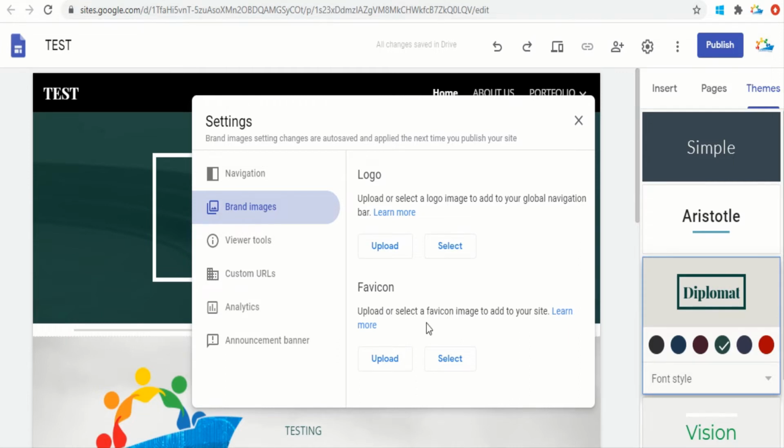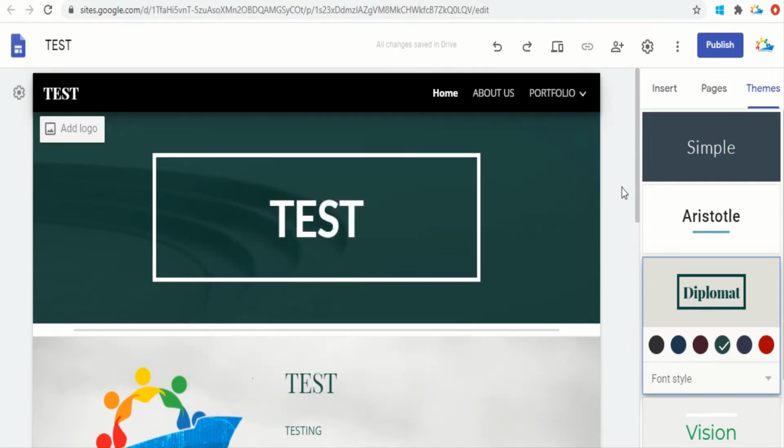So in favicon, you can put in your website logo, or if you are branding something, you can put that particular logo, so that whenever somebody opens that particular web address, a small icon will appear with the URL. And logo is a simple visual sign of your brand. So these are the two options that you can use here.